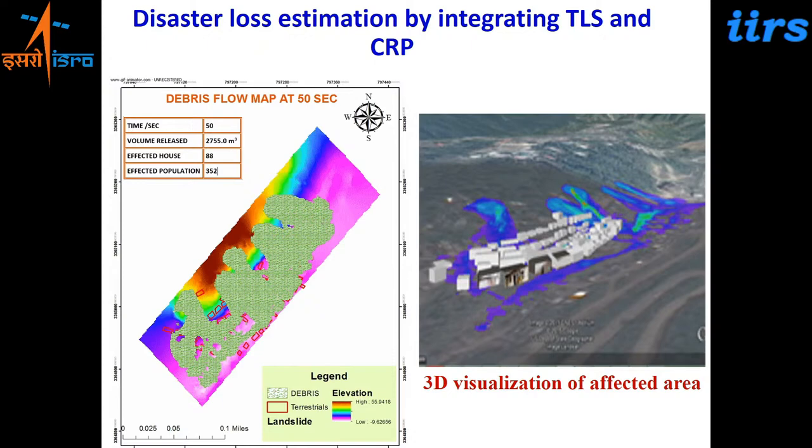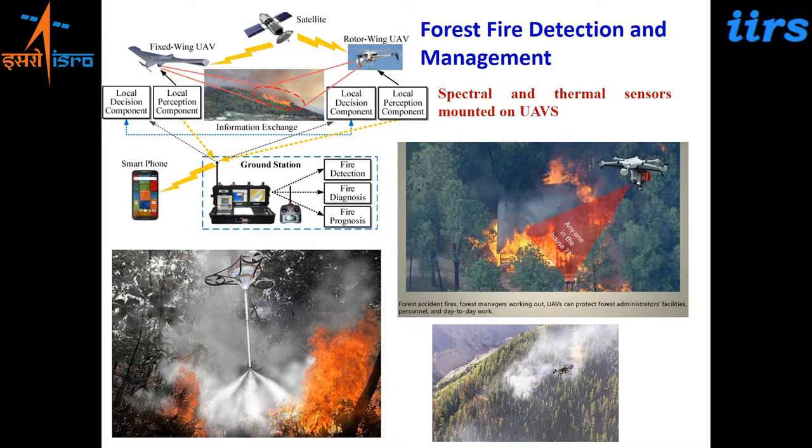Drones can also be effectively used for forest fire detection and management. Not only that, they can be equipped with sensors that can tell you the mouth of the fires. They can also be equipped with instrumentation for fire extinguishing, so you can have elements both ways. They can tell you exactly the mouth of the fire. They have thermal cameras that can see inside the smoke plumes and tell you where the mouth of the fire is. Accordingly, they can also be used for extinguishing the fires.